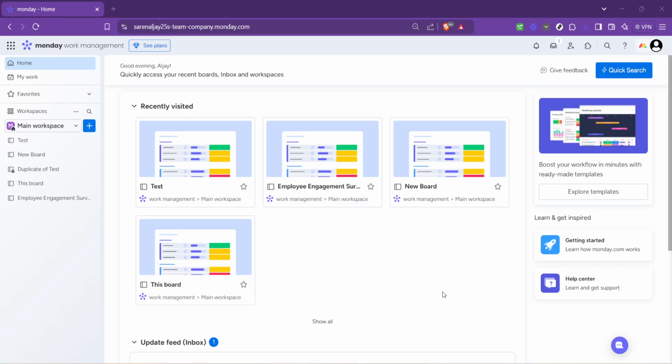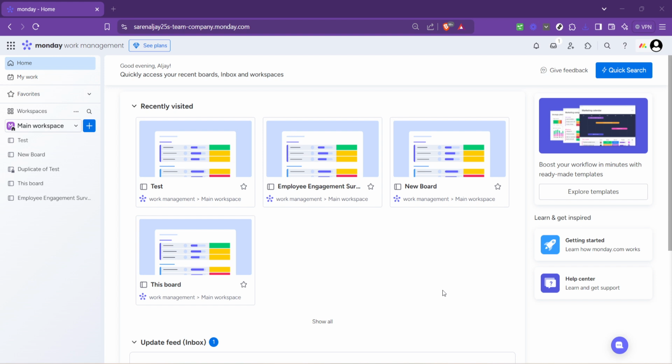In today's video, I'm going to teach you how to create a template on Monday.com. If you've been using Monday.com for project management or team collaboration, you know how much it can streamline your workflow. Sometimes you find that perfect board setup that you wish you could replicate for other projects or teams. That's where creating a template comes in handy. Let's dive into the steps to create your own template on Monday.com.